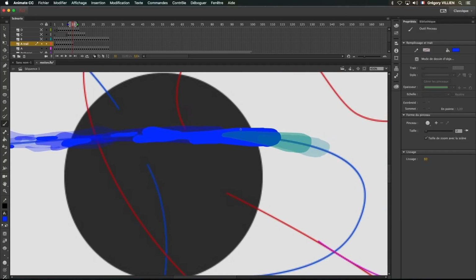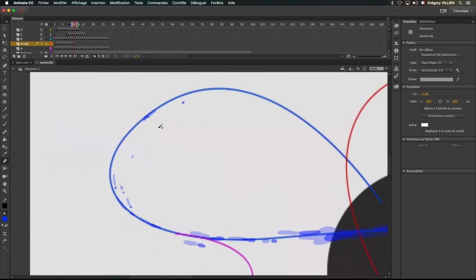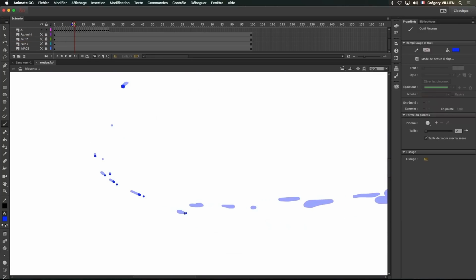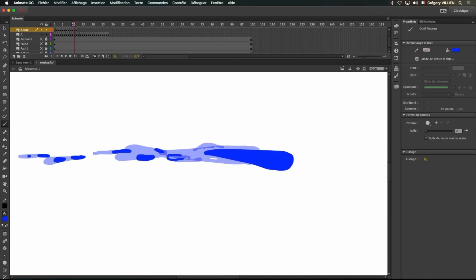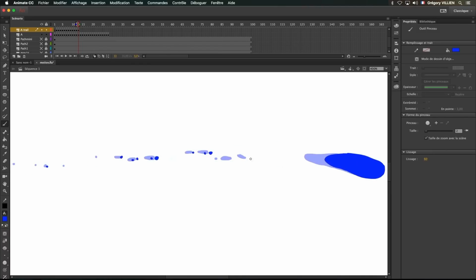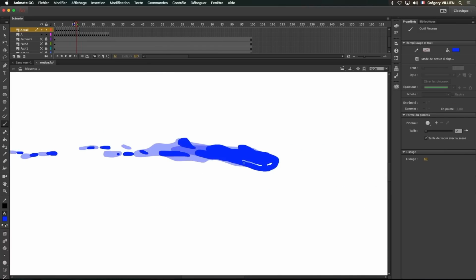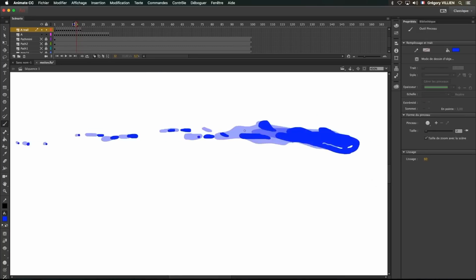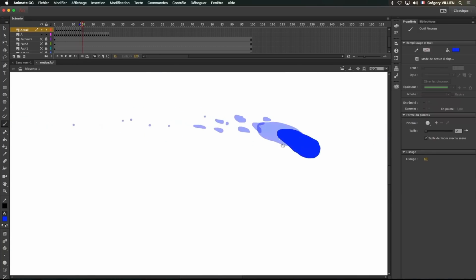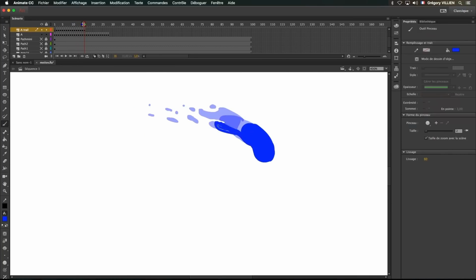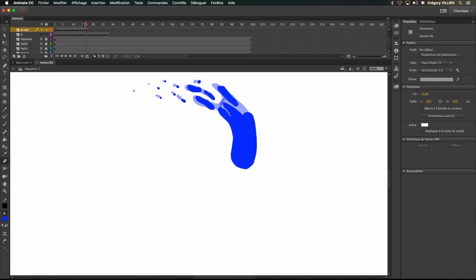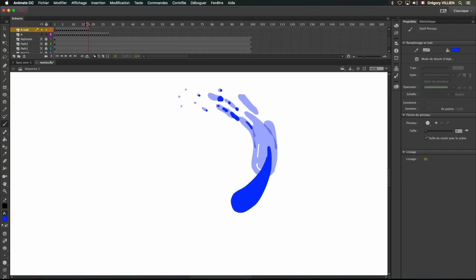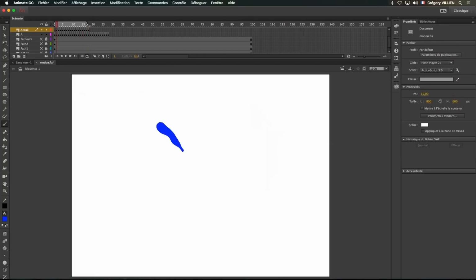Some drops are more or less heavy. Some directions will come off little by little and become smaller and smaller. The idea is to protract some drops over many frames. But at this moment, we'll have a lot of liquid on the screen everywhere, so we need to make some disappear. You saw that I'm allowing myself to make a glossy effect, just at the head of the ball with the eraser. I only make two little lines, and that makes a spectacular effect. It costs nothing, and it gives a lot.